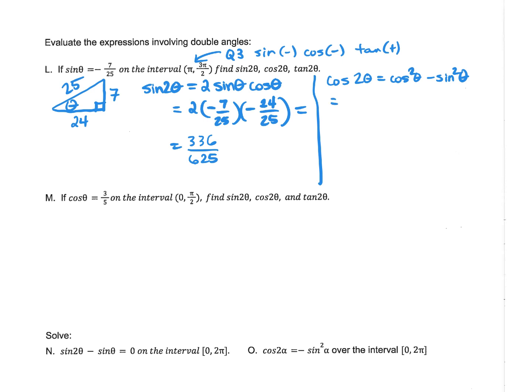So cosine is going to be what? Negative 24 over 25. We're going to square that, and then we're going to take sine, which was negative 7 over 25, correct? So that is 576 over 625 minus 49 over